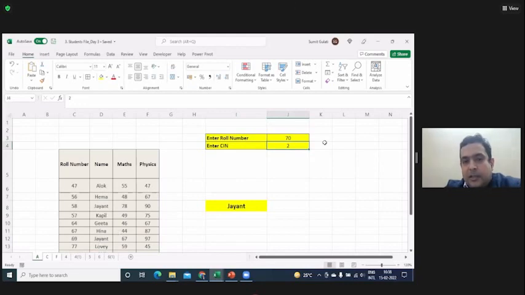If it is 76, what will be the answer? Still 69 it will take. Still Jayant, nearest smallest. What about 59? What will 59 give you? It will give around 58, I think. It should give Jayant, but what is it giving you right now?